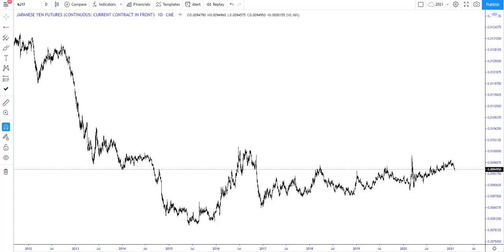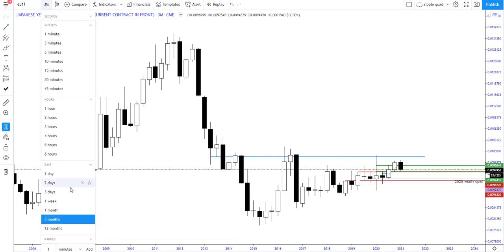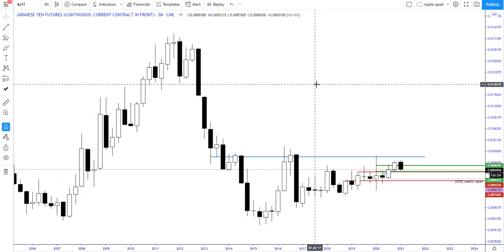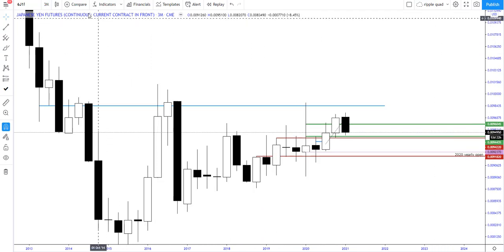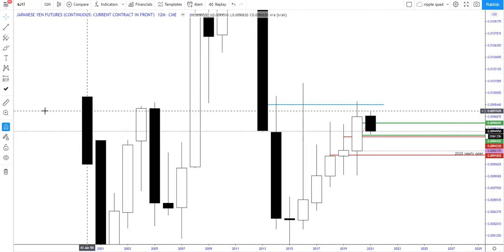And last but not least, briefly do 6J. I'm going to go with a chart I posted before, just to save time. So what we've got here is the quarterlies. If I quickly go to the yearly, we've got 1, 2, 3, 4, 5 up years, okay? Could this still go up? Possibly, okay? But so far,